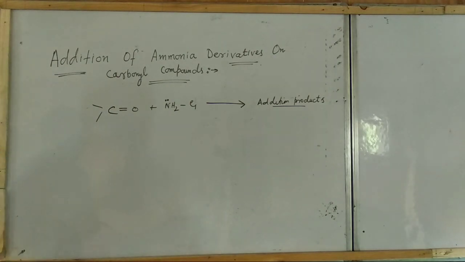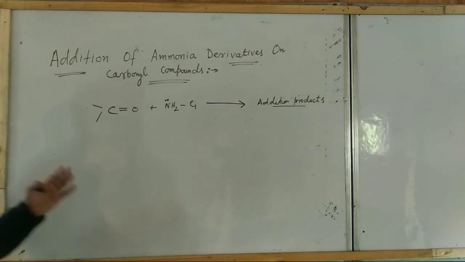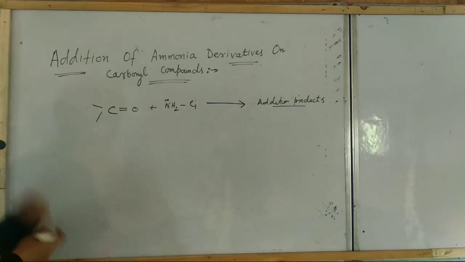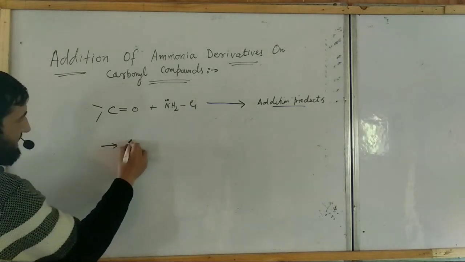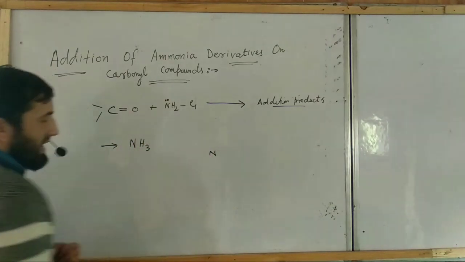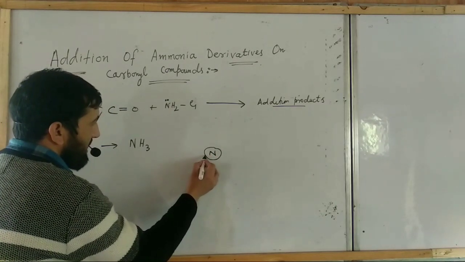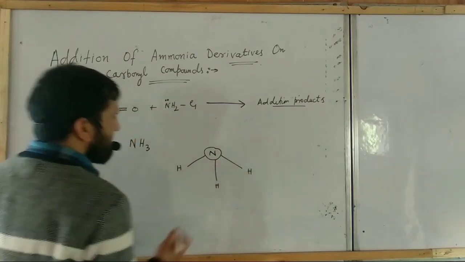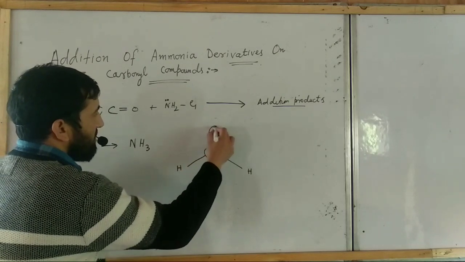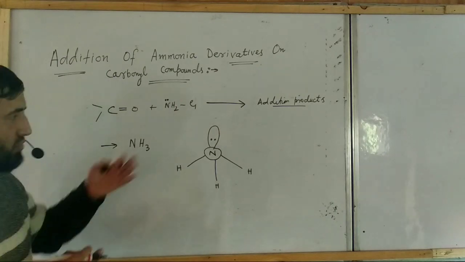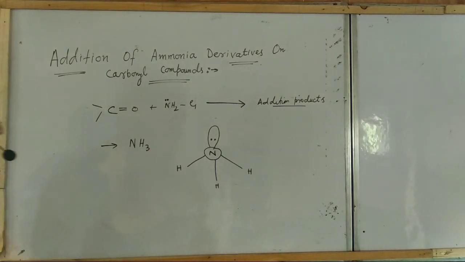Now, in order to discuss the reactions of these ammonia derivatives with carbonyl carbon, first of all, हमें ammonia derivatives के बारे में पता होना चाहिए. Students, as you know that this ammonia is the hydride of nitrogen with a molecular formula of NH3, and the structure of ammonia is just like pyramidal with nitrogen in the center, and this nitrogen forms three covalent bonds with hydrogen atoms like this, and beside the three NH bonds, this ammonia also contains a lone pair of electron on nitrogen. So this is our ammonia molecule.